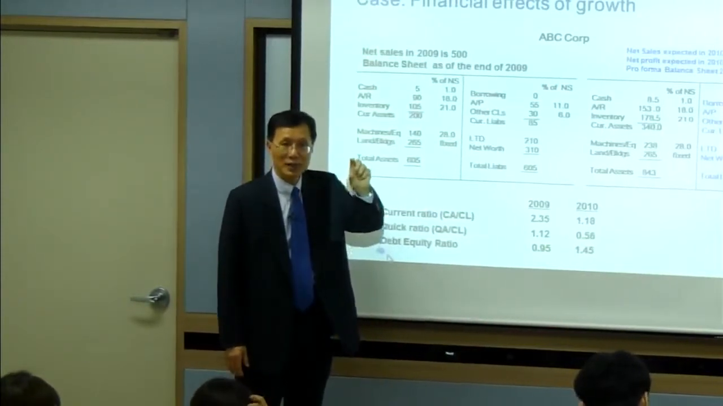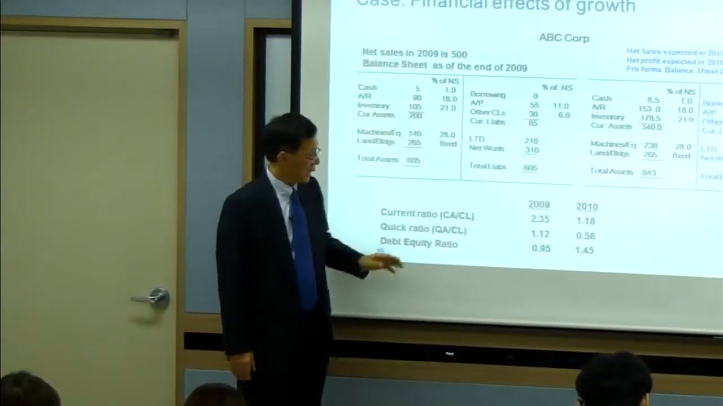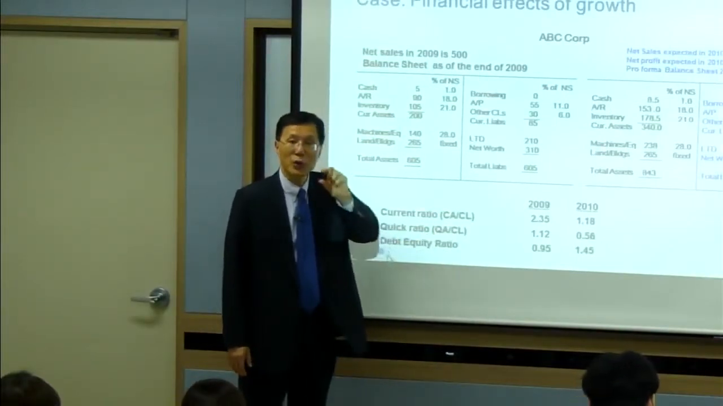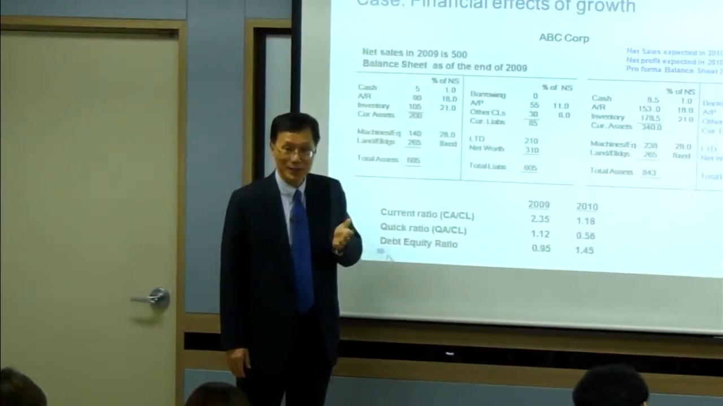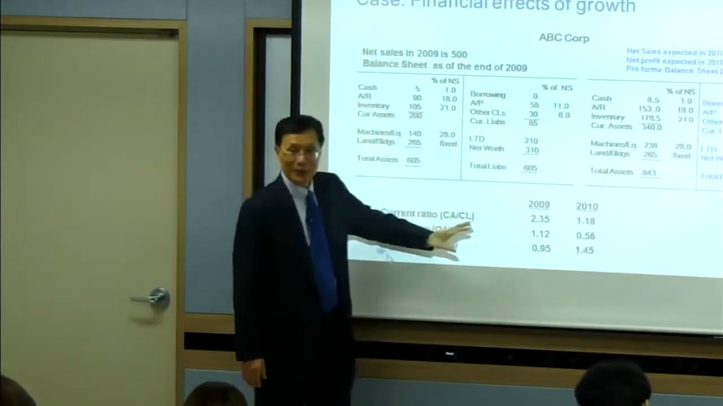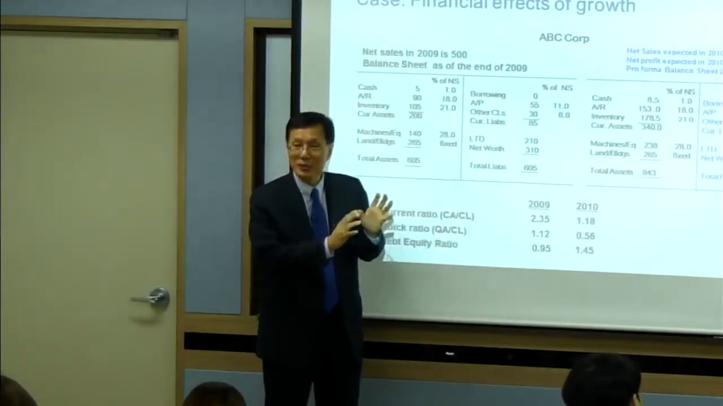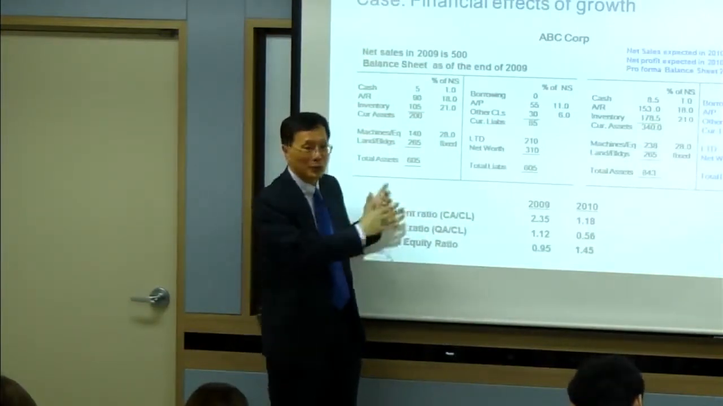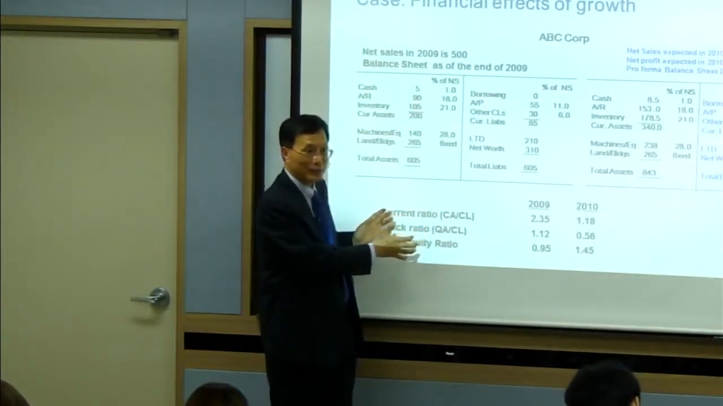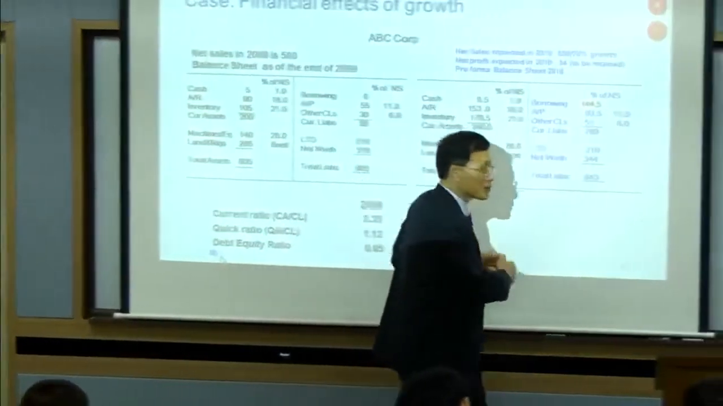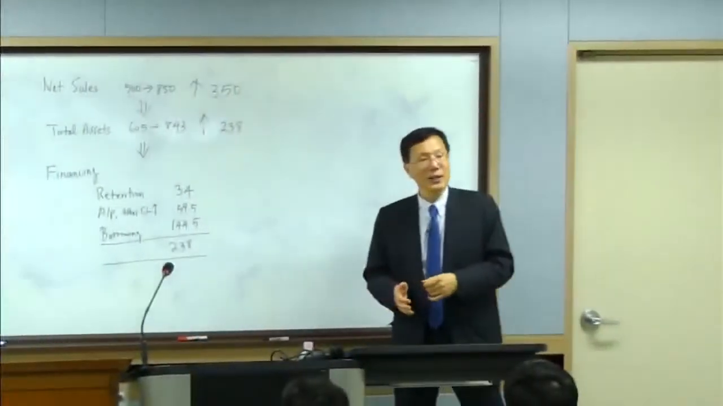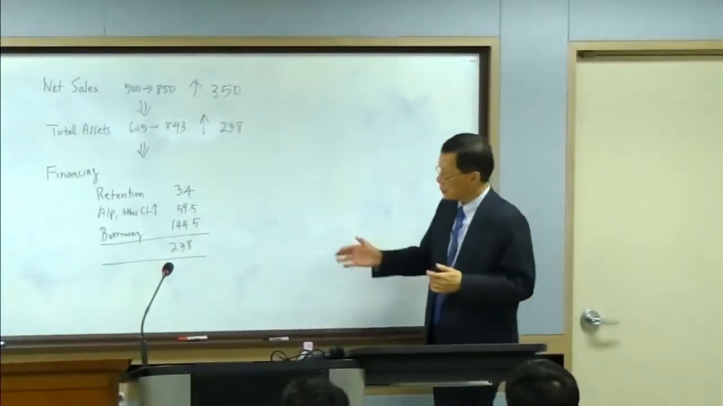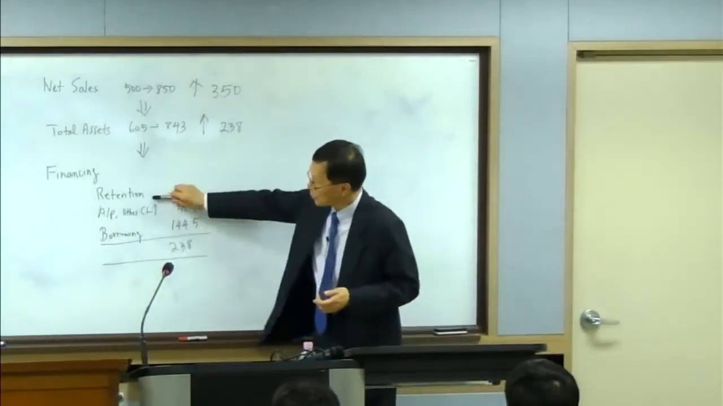Liquidity position has become worse, and leverage ratio has gone up. So risk of bankruptcy increases. That's the kind of information that you are looking for when you do financial statement analysis. Now, the reason why liquidity position has worsened and leverage ratio has gone up is because of the structure of